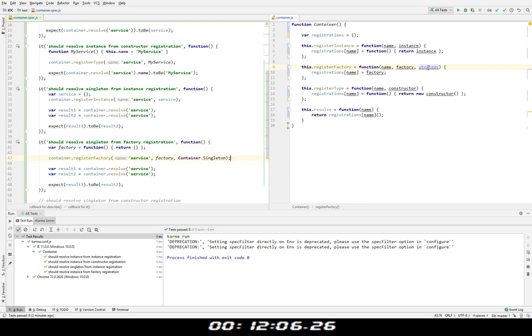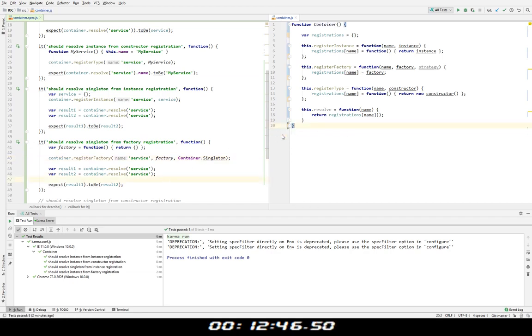Well, okay, so what could it be? What could it possibly be? Well, what if this will not be just a constant string or something? What if this will be a constructor for the strategy that will construct me a strategy that I can save to registrations as the resolution strategy, and I can use it right here by calling that strategy? Well, okay, so let's declare it first. A container.singleton is